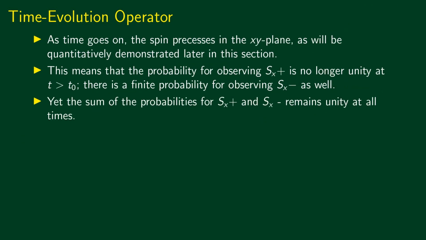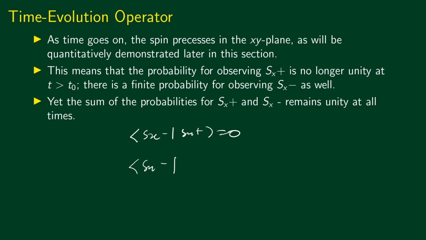Now, as time goes on, we can see that the spin precesses in the xy plane. It doesn't stay the same, it just rotates in the xy plane. This can also be seen theoretically, which we will do later in this section. For now, we just take it as an experimental fact that the spin precesses in the xy plane. This means that initially we would have ⟨Sx−|Sx+⟩ equal to 0. But at a later time, we would see that ⟨Sx−|Sx+⟩, let me put it like this using our notation, ⟨Sx−, t0|. Sorry, this is the basis vector.